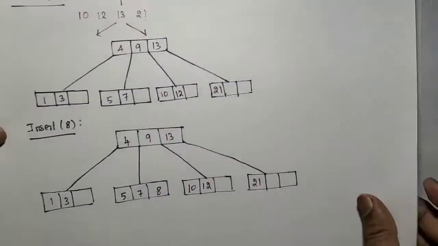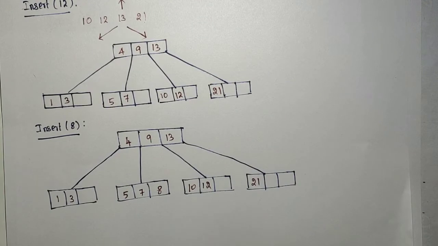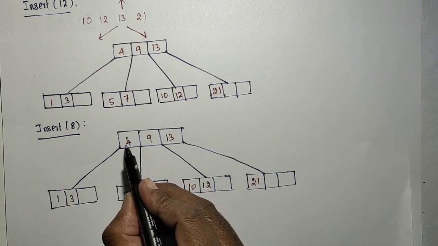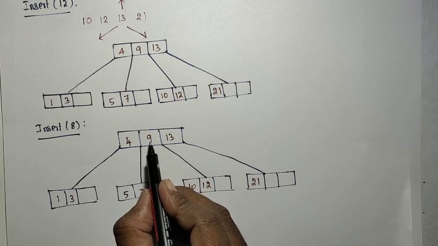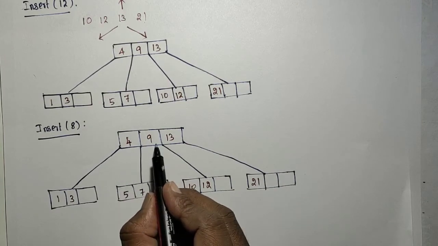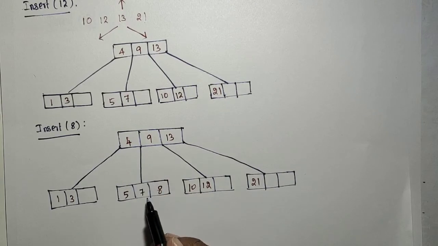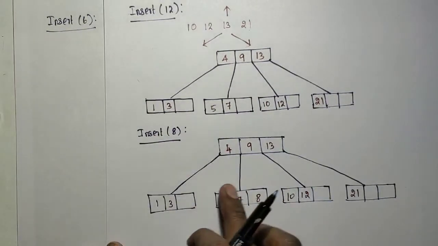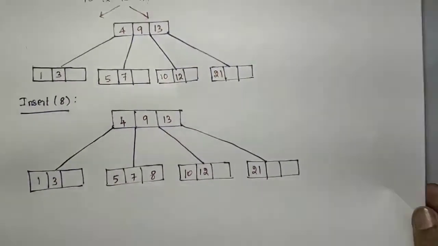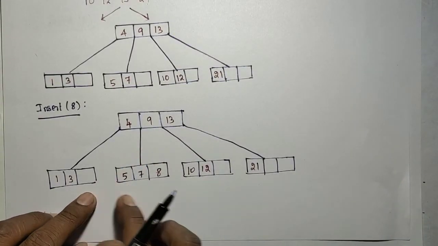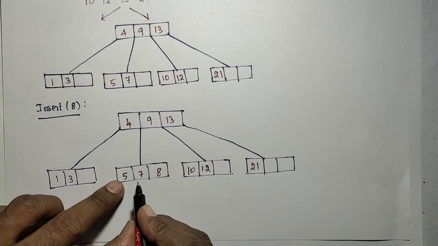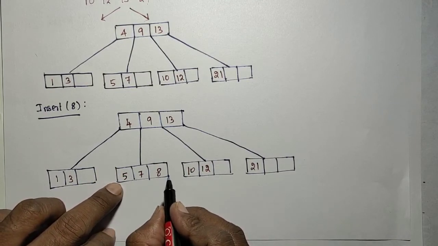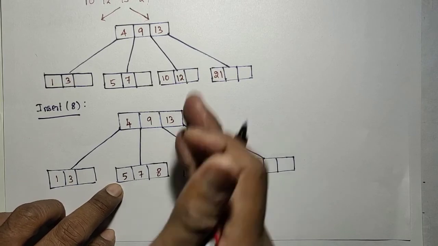Insert 6. So you check the space for the 6. Here, greater than 4, so go to the next element, less than 9. Less than 9 means in between 4 and 9. So I have to go to this branch here. This is the leaf. So we need to insert that new element 6 at this node, correct? New element 6 at this node. Okay, so at this node there is no space. There is no space means what? These elements will be split and moved to the previous level.